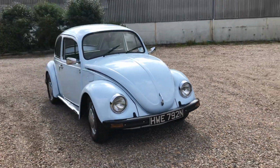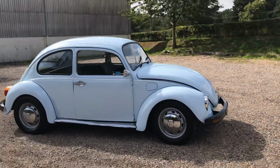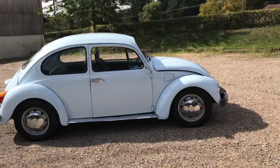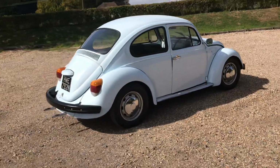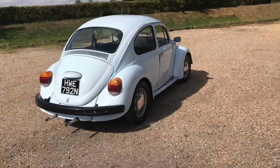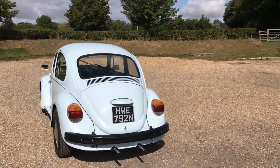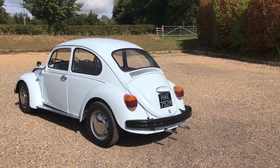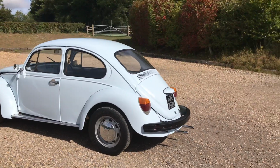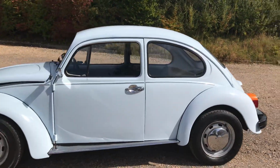This one was registered in February 1975, and it's in that adorable sort of baby blue colour, I guess is what I'd call it. I'm sure it's got an official colour, which is probably a lot more dramatic and official, but baby blue I think suits the bill. The car itself is in excellent condition, and what I always say to people is, you